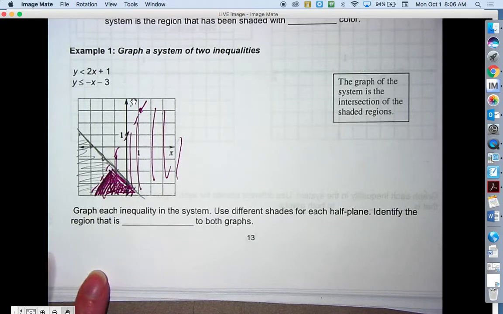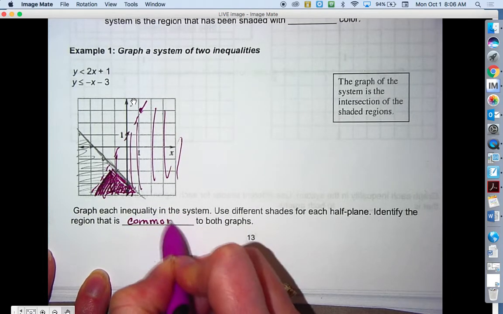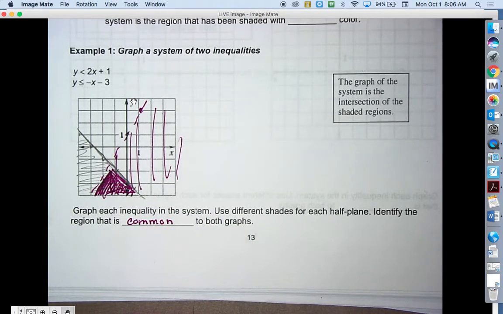So it says identify the region that is common to both, the same for both, whatever you want to say there. But by identifying that region, that just means to darken that area. So you're graphing both of them, you're shading, and then darkening the solution. So if you flip the page,